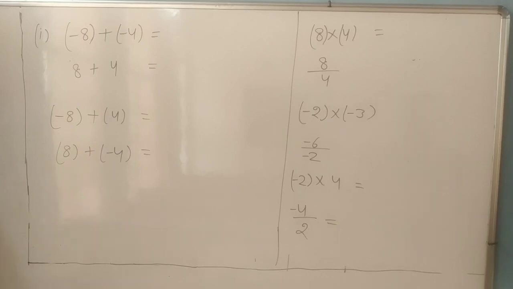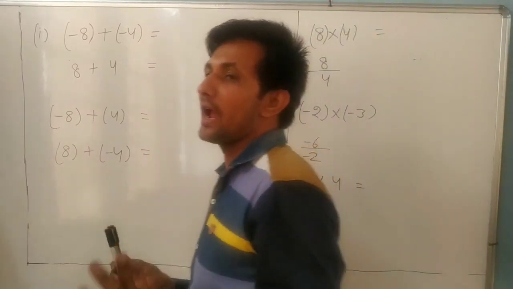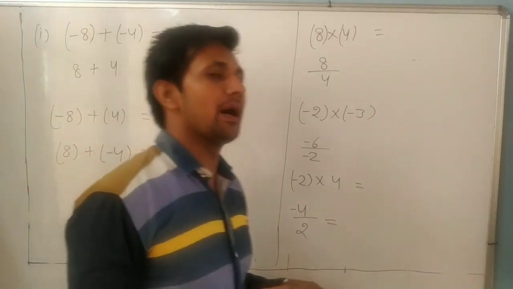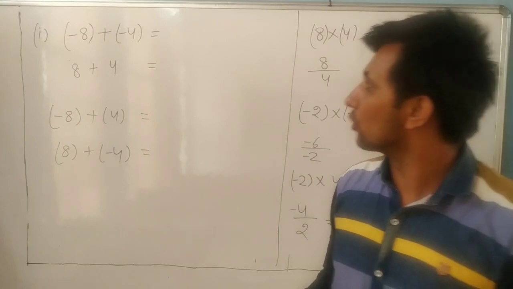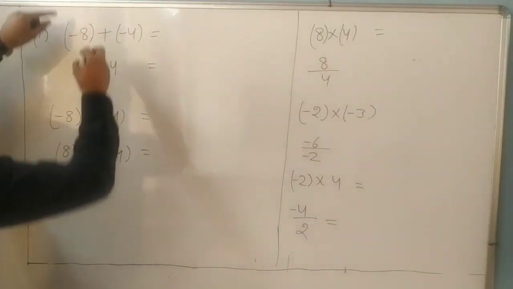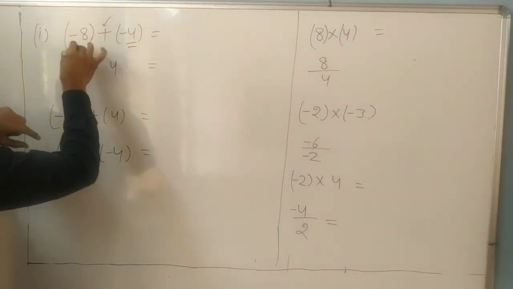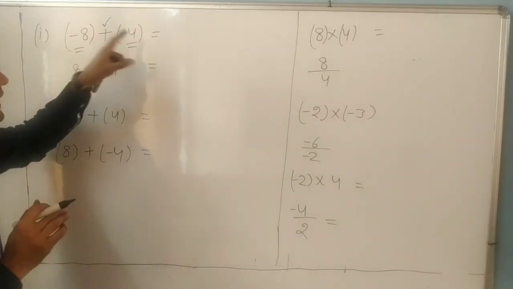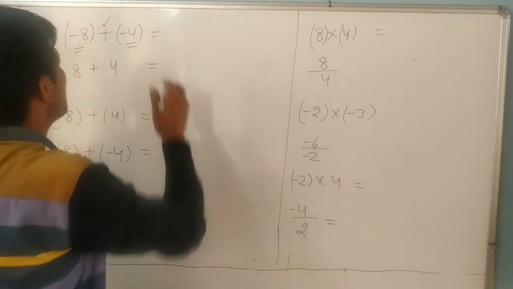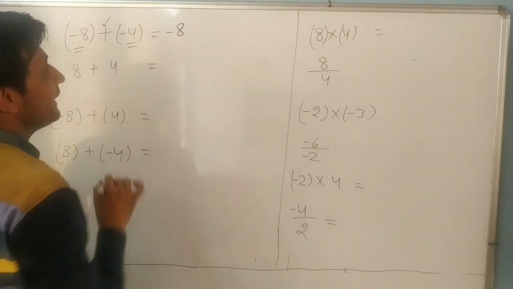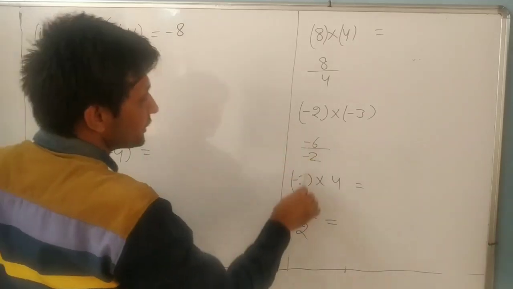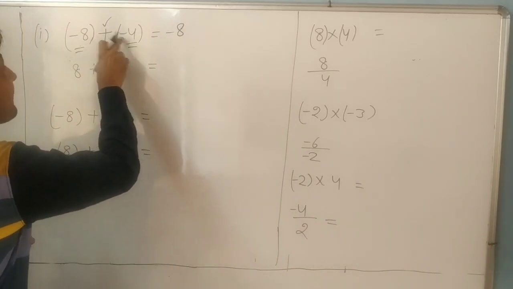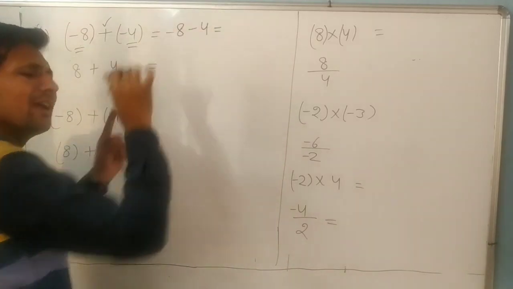Now dear, one more example. Again I am explaining how to add and subtract. Always remember, addition and subtraction follow the same rule. In addition, we want to add these two numbers. Whenever the sign is the same, negative and negative, we will add them. So we will write negative. And in multiplication, positive into negative, answer is always negative. So positive multiply negative is negative. You can write it like this also.